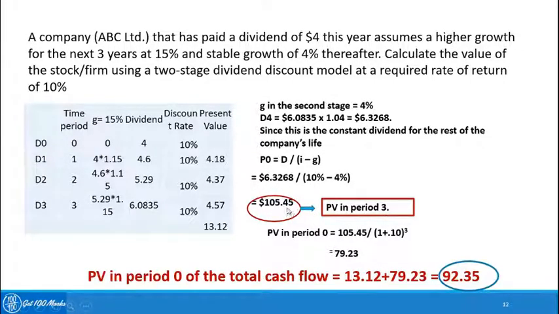To bring it to period 0, we will have to discount this value further to period 0. And that's what has been done in the next step, where 105.45 has been discounted as a lump sum at a rate of 10% for a period of 3 years. When we do that, you arrive at a value of 79.23. When you add up 79.23 with 13.12, you arrive at the total present value of the stock, which is 92.35, and that's how you use the